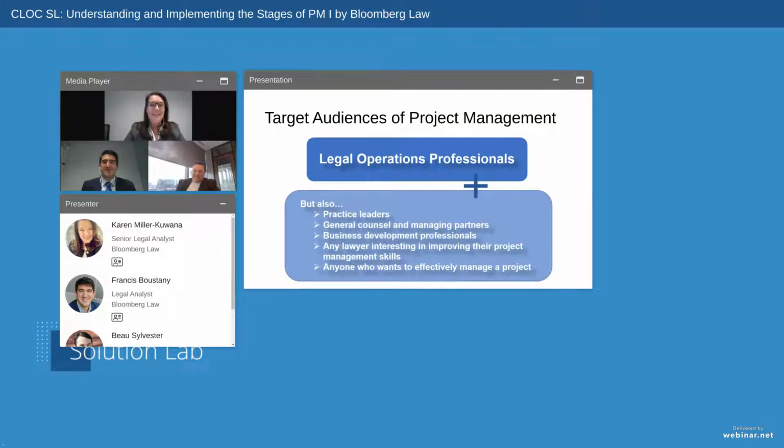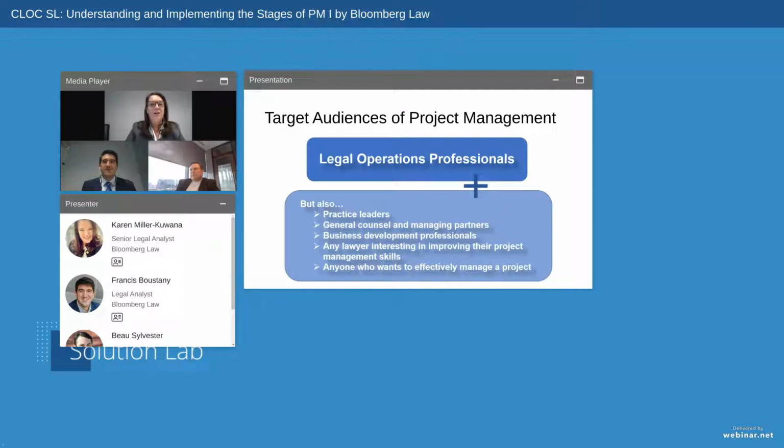Not surprisingly, in legal organizations, the primary target audience for project management often includes legal operations professionals, or those individuals who may not have that title but are tasked with managing the legal operations of a law firm or a legal department. In addition to the functions discussed above, these operations often include projects related to organizational planning, people management, business performance, outside legal services, legal spend, and legal technology.